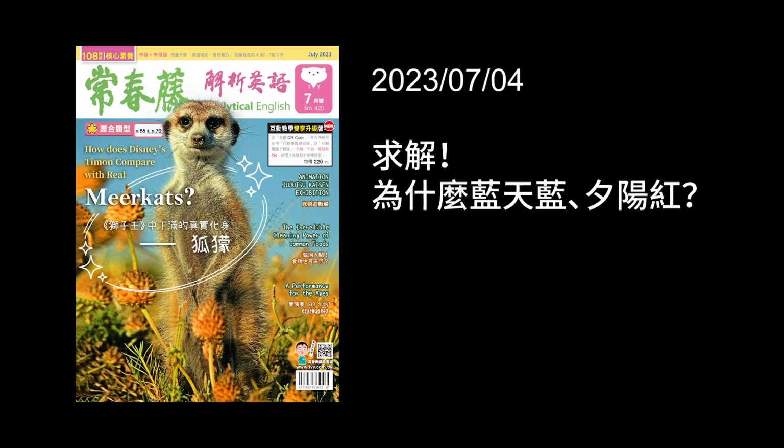You have probably looked up at the sky on a sunny day and were amazed that it was so blue. But have you ever wondered why the sky appears to be this color? Why isn't it green or purple? The blue color of the daytime sky is due to a scientific phenomenon called Rayleigh scattering. It's when sunlight entering the Earth's atmosphere interacts with gas molecules such as nitrogen and oxygen, causing the light to